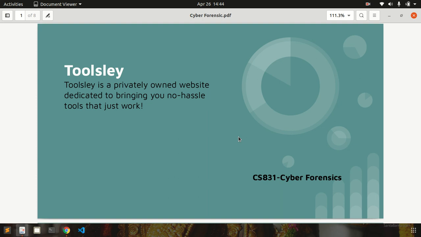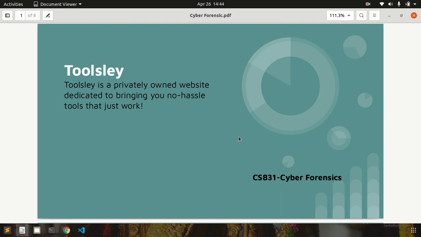Let me tell you some of the functions: it can validate and verify, extract, reconstruct, create reports, log reports, etc. So Toolslay features have these functions within it. So we can say that Toolslay is a kind of cyber forensic tool.